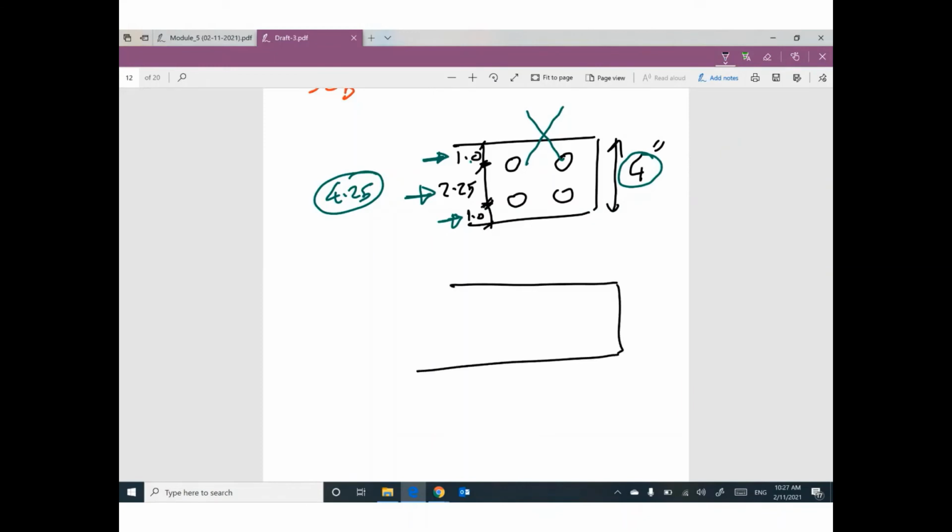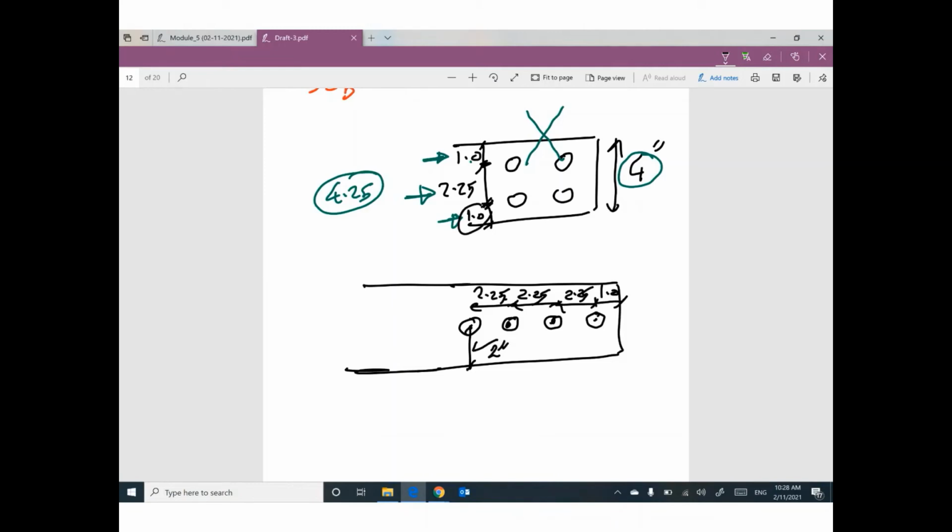You can put your bolts like this, 1, 2, 3, 4. What's the problem? You know what I mean? So I will put my arrangement like 1 row. Does that make sense? If you have an issue. So the spacing will be 2.25, 2.25, 2.25. And the minimum edge here will be 1. And this distance will be enough. It will be 2 inch, and you need only 1. So that's good.